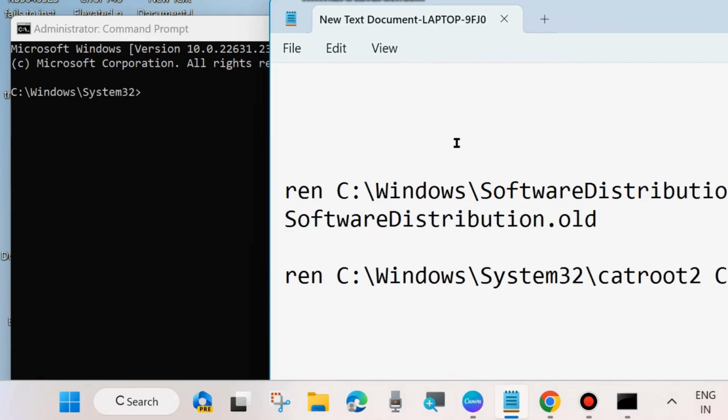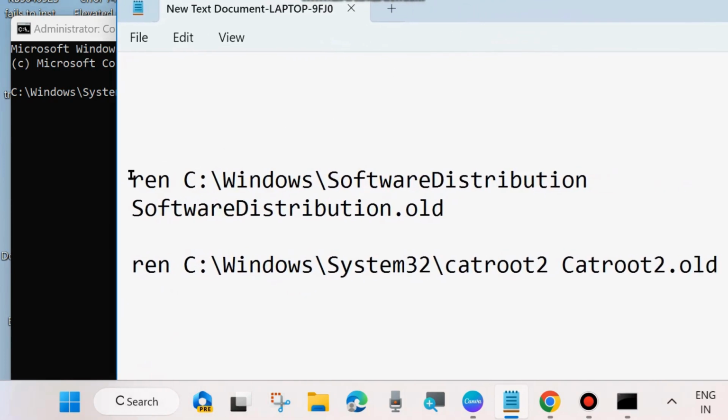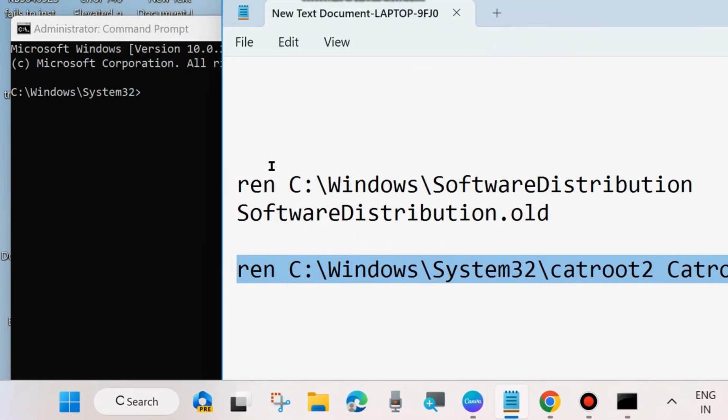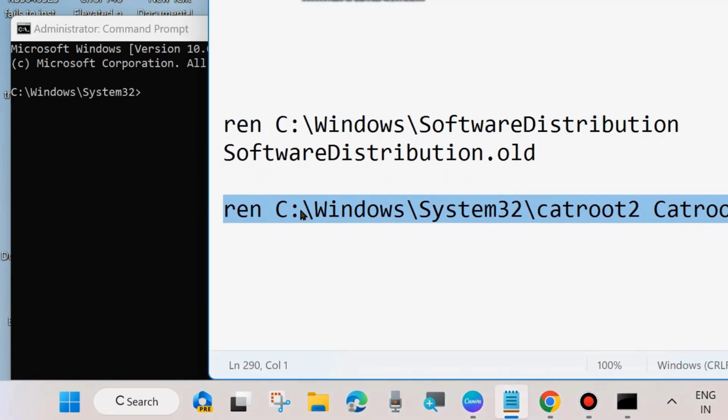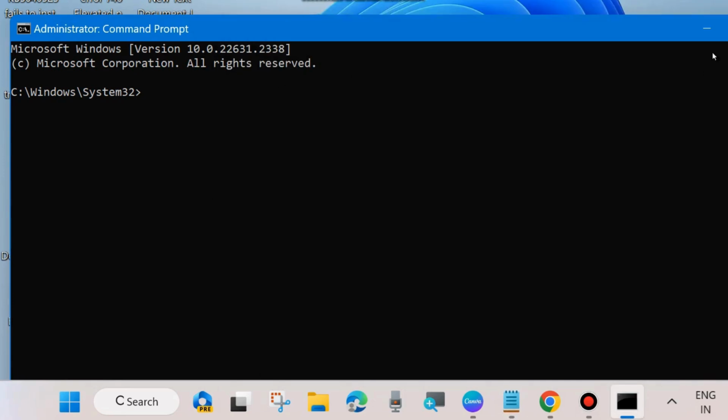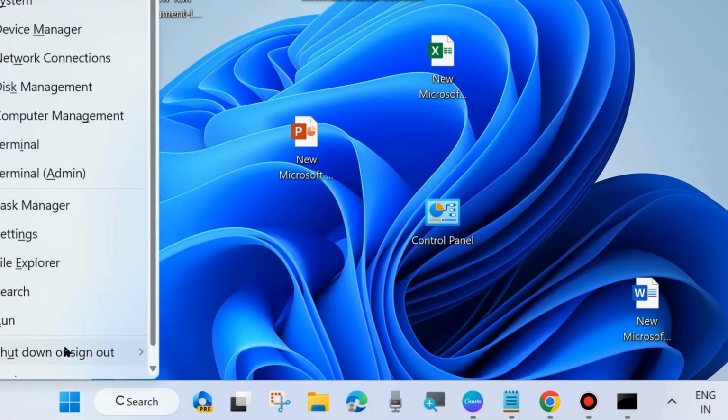And after that, execute these other Windows Update component commands in your Windows command prompt window. All these command paths will also be available in my video's description box. You may copy from there. And after that, execute all these commands one by one in command prompt window, and after that execute these 4 commands to start all those 4 services you stopped earlier. Execute one by one, followed by the enter key each time, and thereafter close the window, restart your